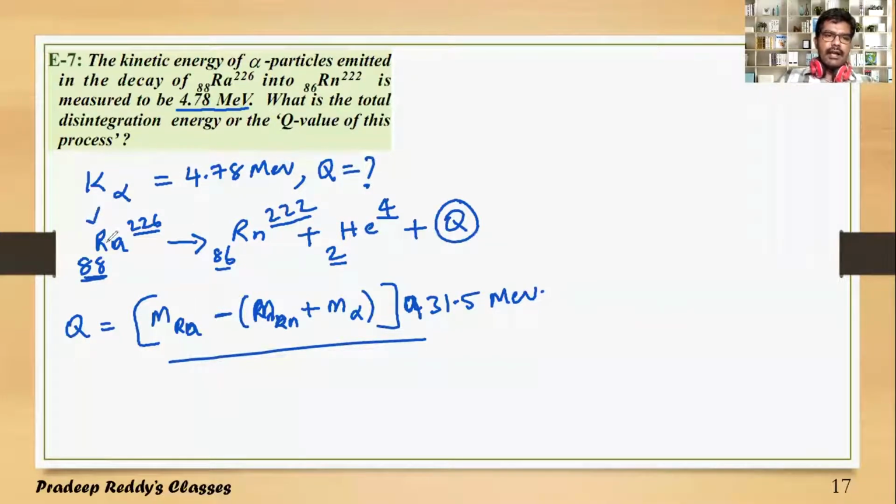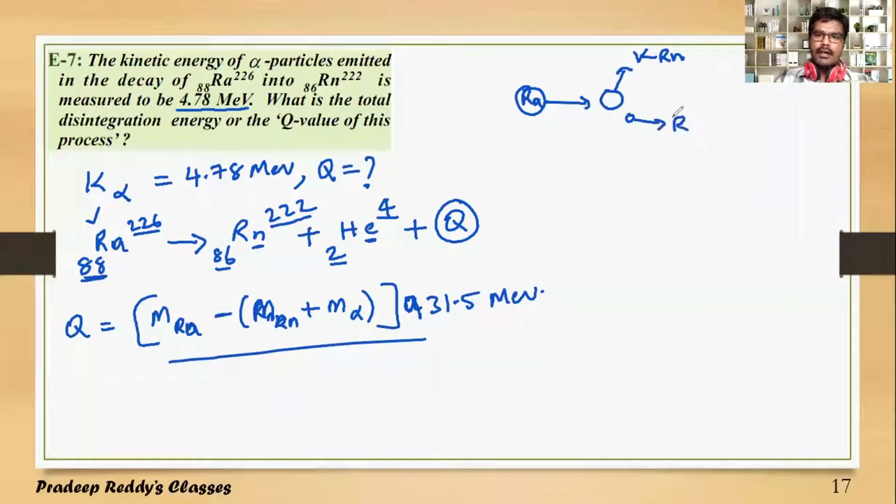this Ra is getting disintegrated into Rn by the emission of this alpha particle. So as we know, like a bullet fired from a gun, you can use the law of conservation of momentum over there. Say you have a nucleus, this is Ra. This nucleus is split into two fragments, one is Rn and the other one is helium. This moves with some kinetic energy. This is Rn, and this moves with some kinetic energy.